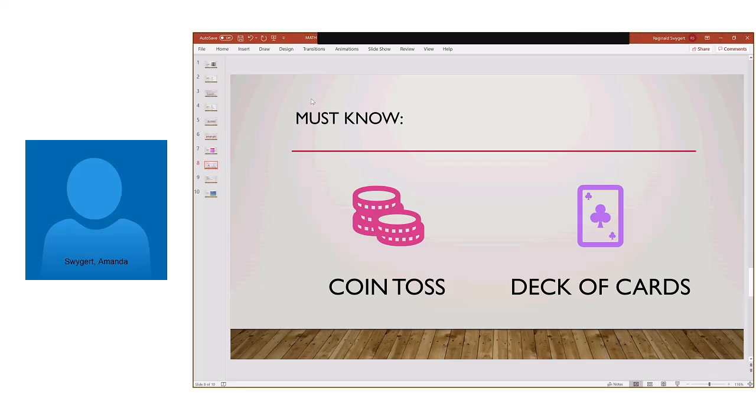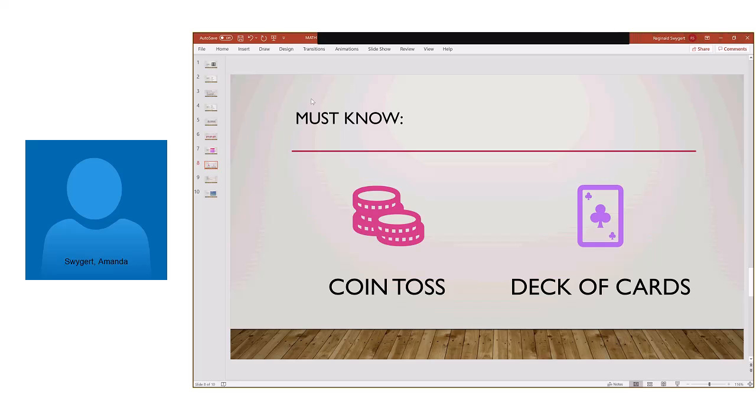Also within a deck of cards, if you're not familiar, just jotting this down again, you have four suits. So those four suits, you have clubs, you have spades, and how funny that I'm trying to remember all these. Help me, what else? Clubs, spades. Diamond, heart. There you go. Those are our red ones.